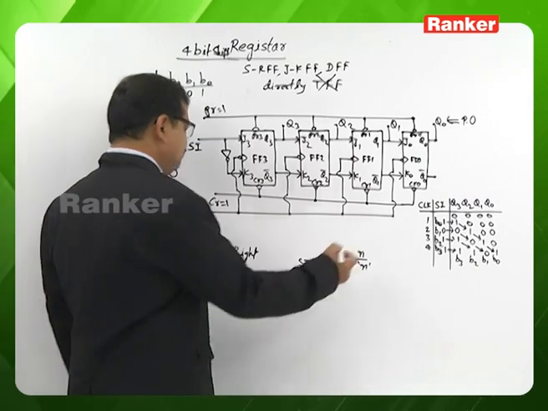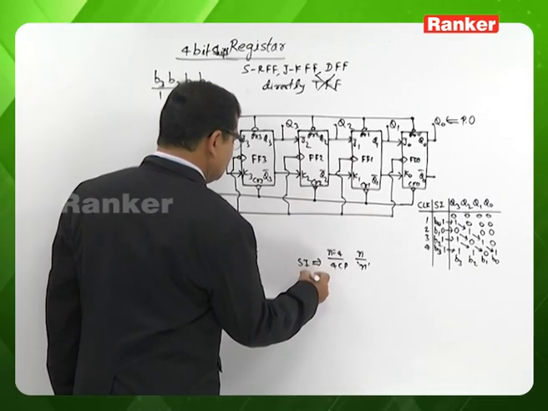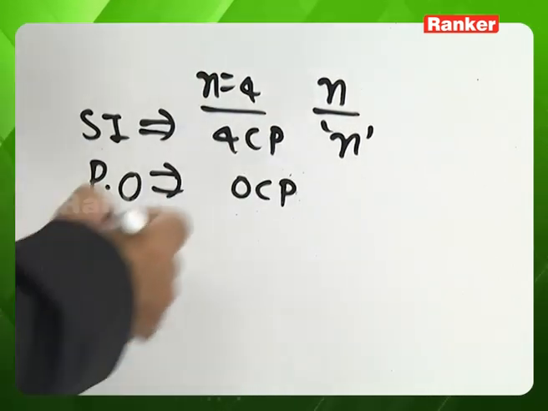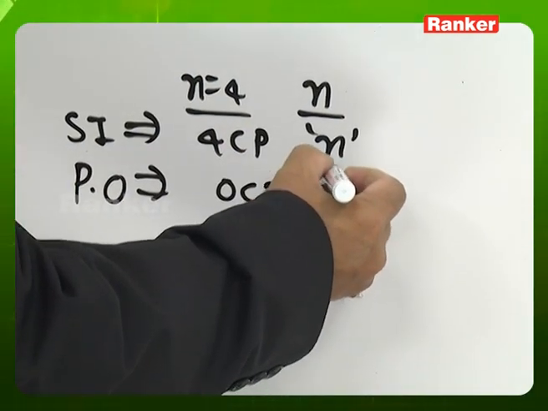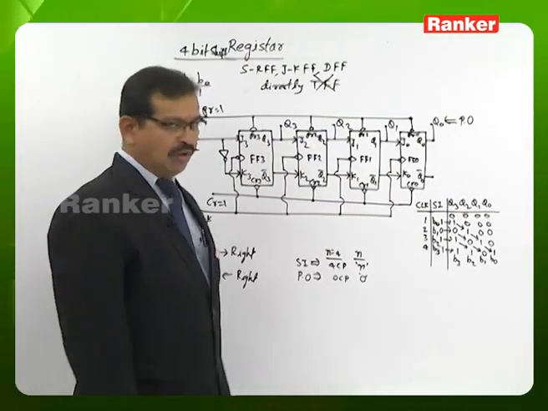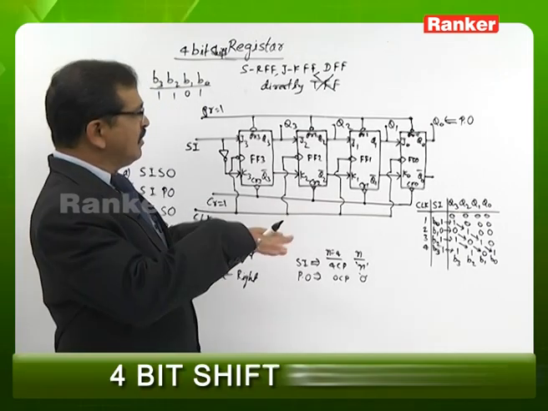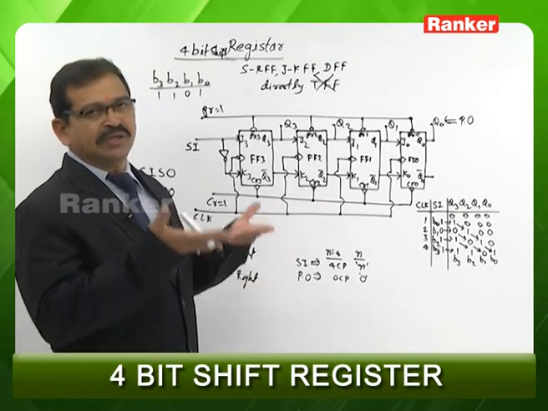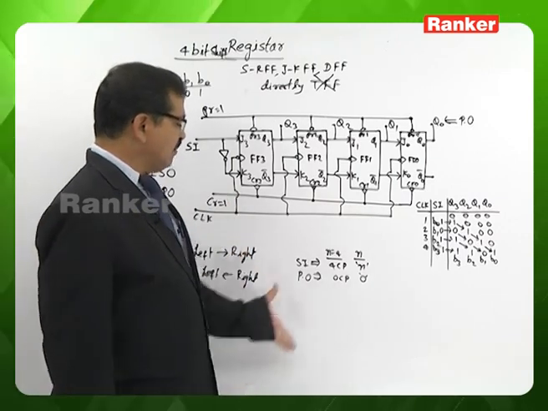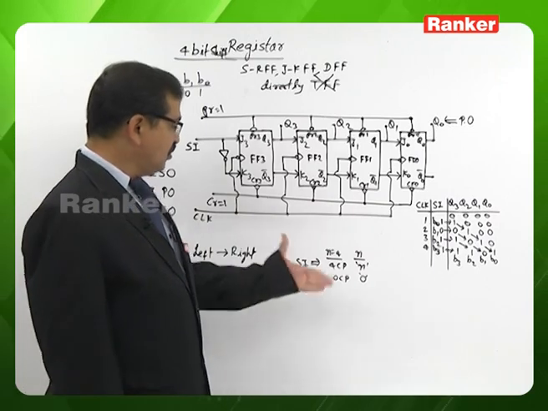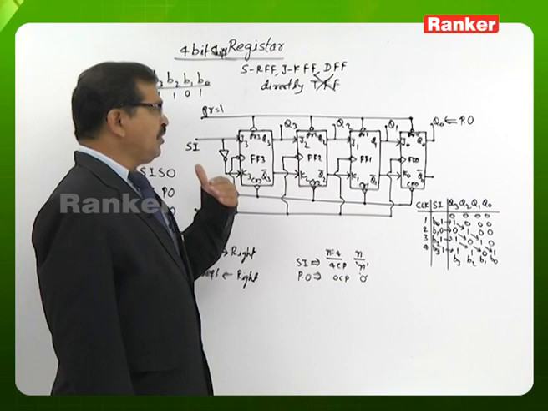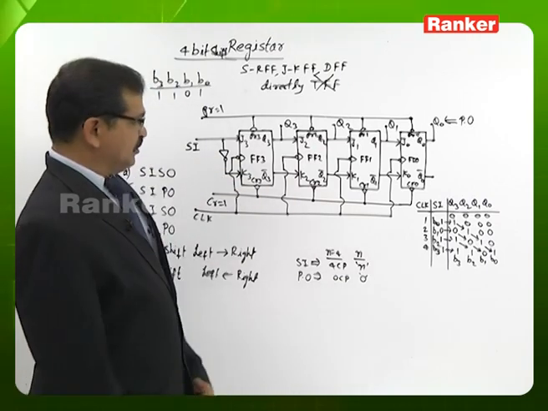After writing this data into the register, for parallel output operation we are not using any clock signal. Even for the n-bit case it is the same: we do not need any clock pulse for parallel output operation. Once we write the data in the register, we can access all the bits simultaneously without any clock signal. And if we want to read the data only 1 bit at a time from this register,